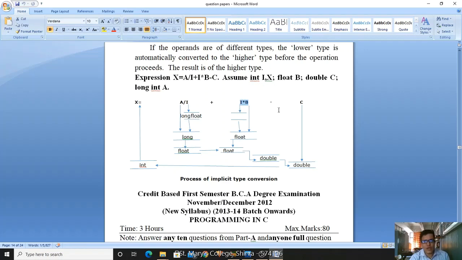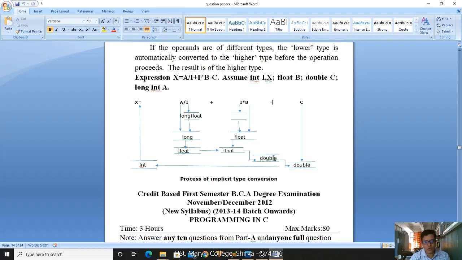Got it? And next, what is happening here? Minus c. What is c? Double value. After processing the first part I am getting the long, and after processing the second I am getting the float. Now it is converted into float. Float plus float will become a float.